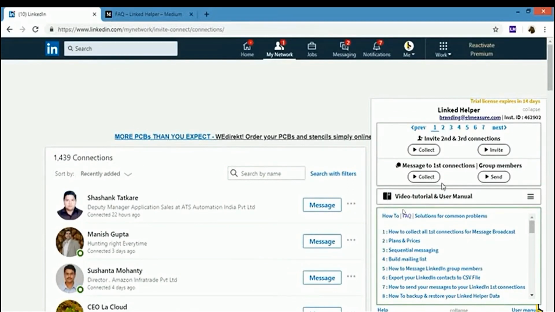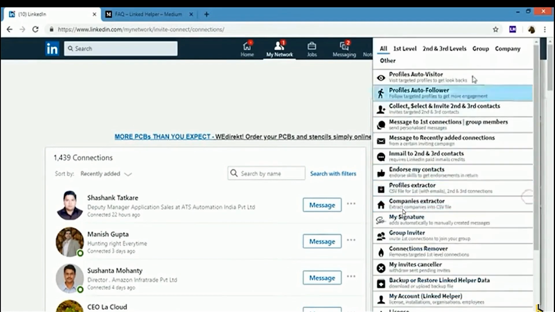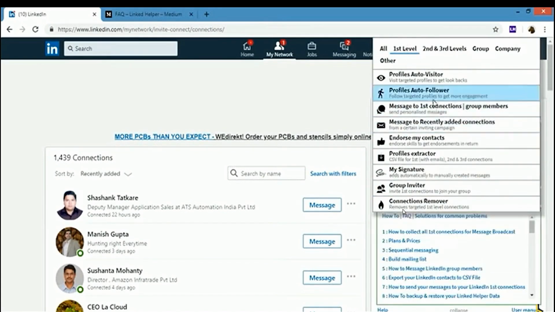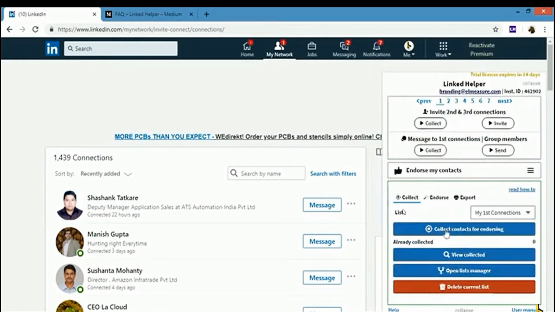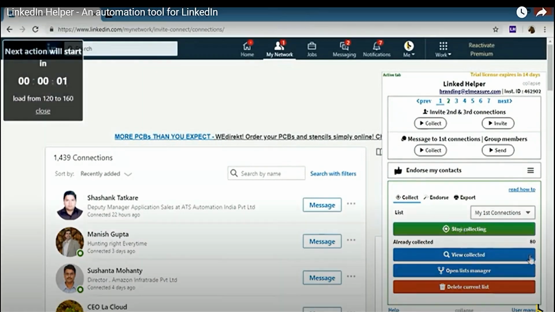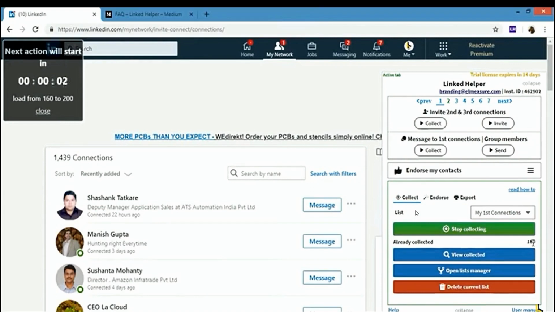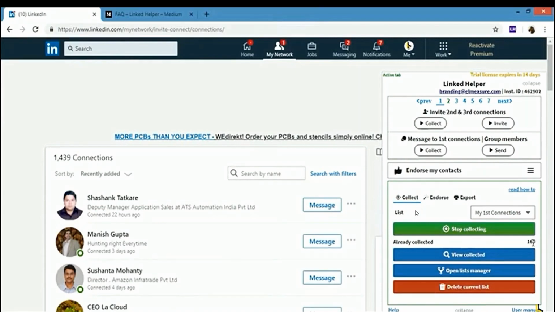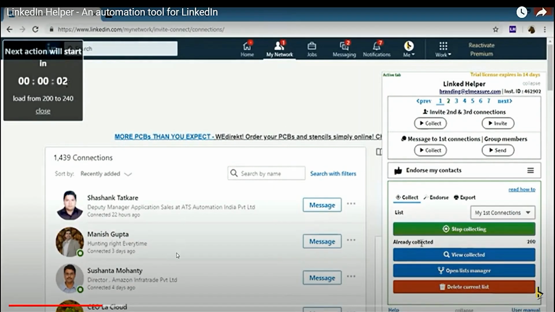Okay, now you go ahead and open the first connection list. Now start endorsement contacts, collect connects for endorsing. Okay, now it will set the time, it will collect the list. You can see already collected here. Okay, so that will help you there. Okay, so once it is collected, you can just go ahead and